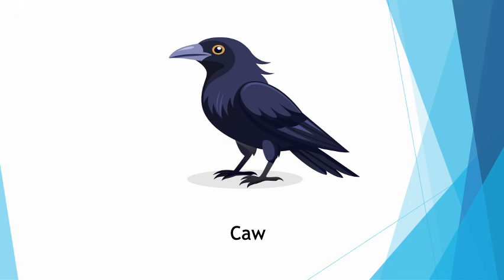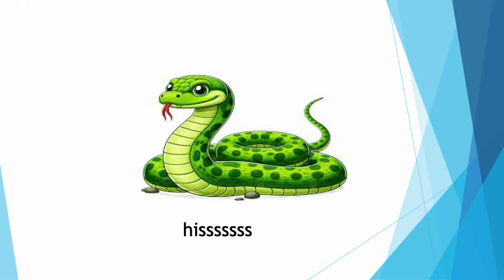The next one is not an animal, it is a bird, which is a crow and its sound is caw, caw, caw. Our last animal is a snake and its sound is